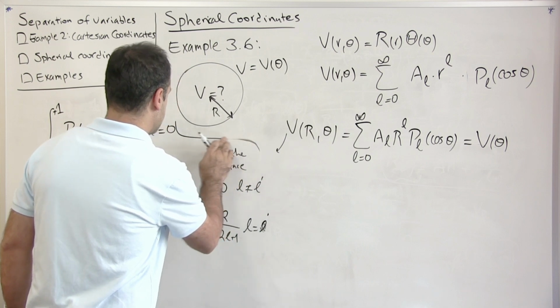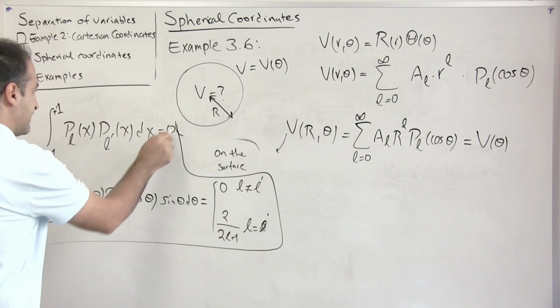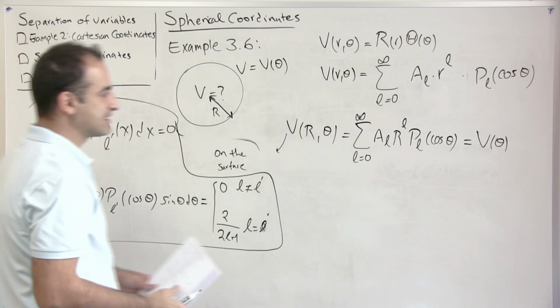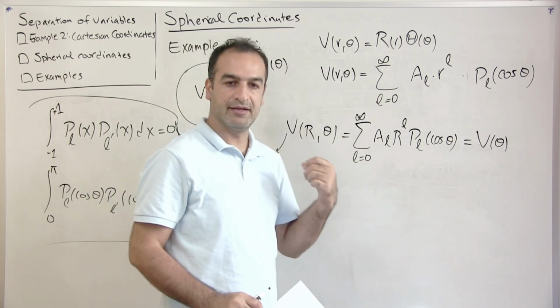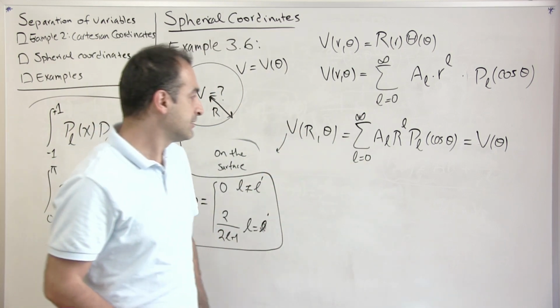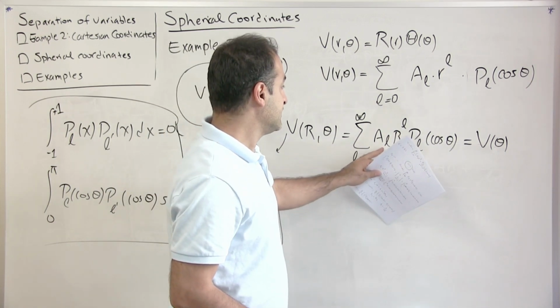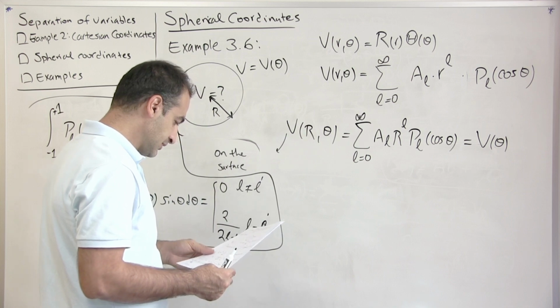Okay, and that is because we can use this fact and simplify this side of the equation to isolate AL values. And those are the real coefficients that we want to use to calculate AL values in a way that we can meet the boundary condition. Okay, and so if I do that,